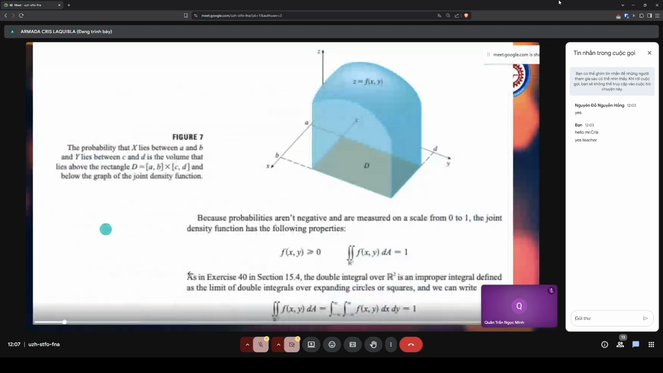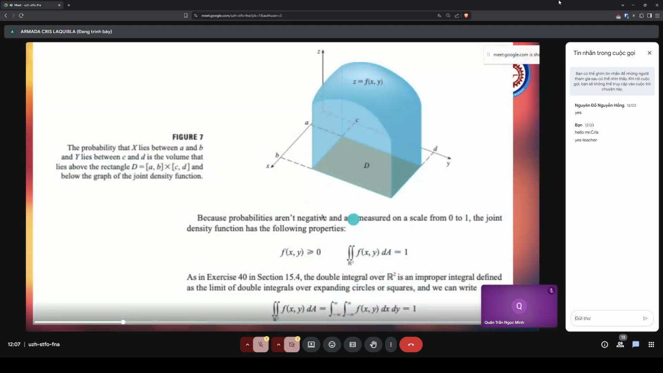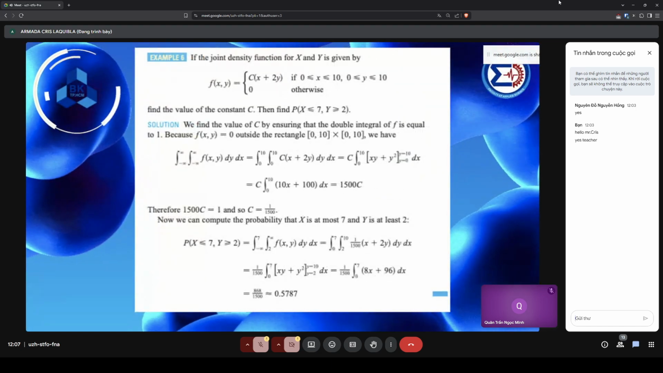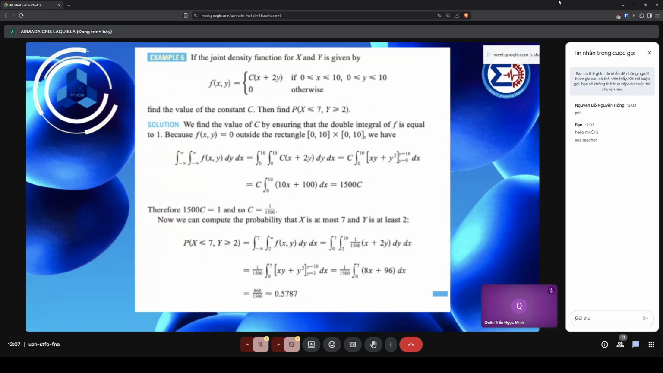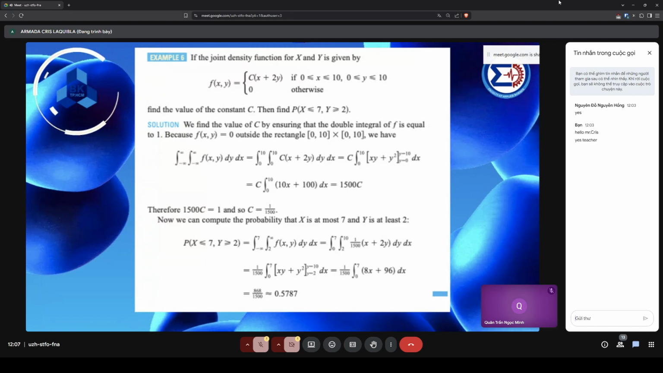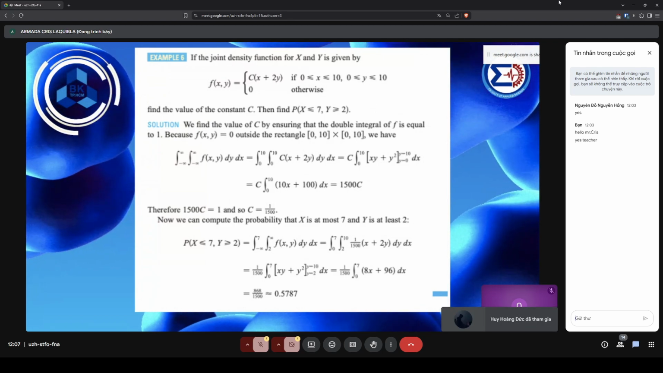Okay, for this one, again, this is just a property that the double integral from negative infinity to positive infinity is equal to 1, because probabilities aren't negative and are measured on a scale from 0 to 1. Okay, we have this as an example. But are we done with this or not yet? Not yet, because it says there